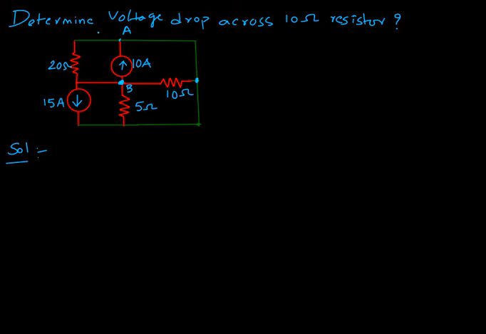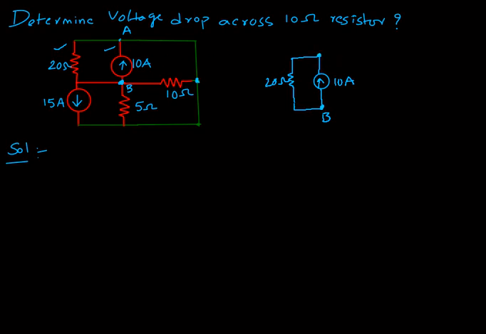First I am drawing this part: this 20 ohm resistor and this 10 amp source. You can see the circuit here. This is a 10 ampere current source and this is 20 ohms. Next, there is a point B, so we will take point B over here. Now this point is point A, which we can call a node.